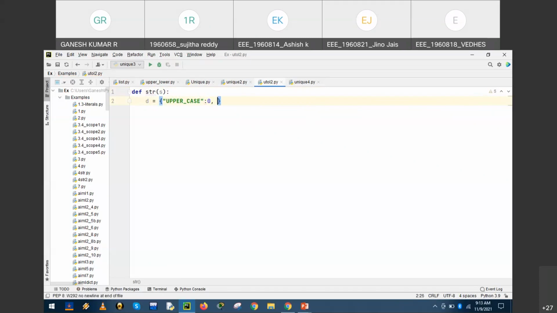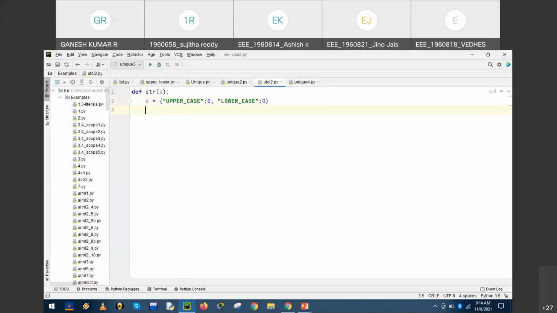Hope you remember the concept of dictionary. In every dictionary we have two segments: the left part describes the variable and the right part describes its value. In the beginning, it is initialized to 0. The next variable is lowercase, which is also initialized to 0.